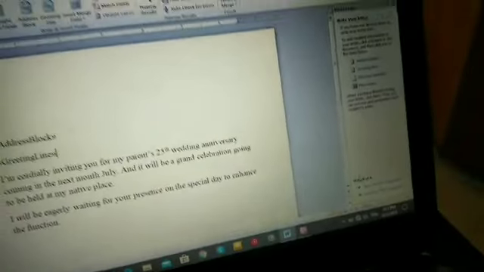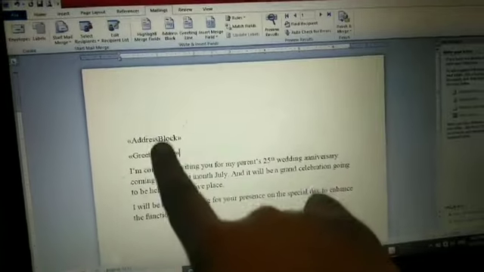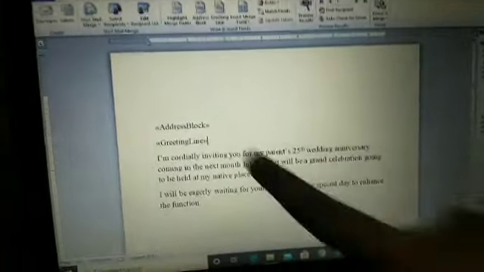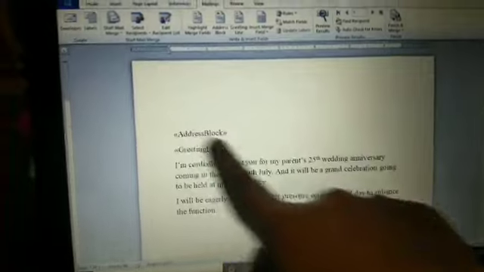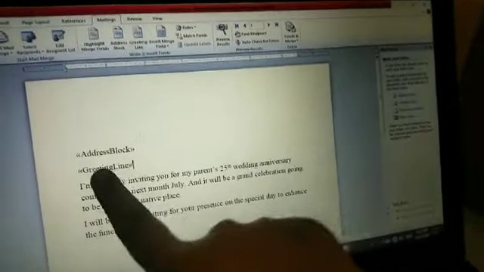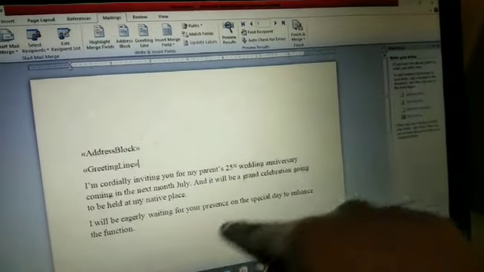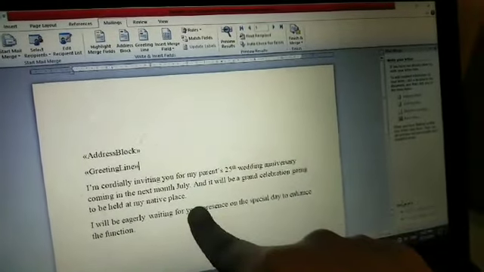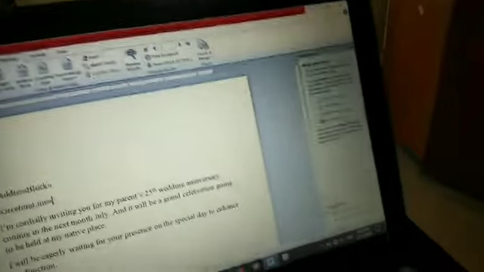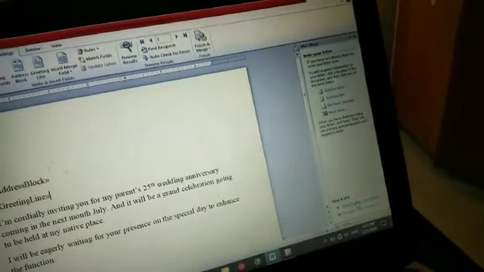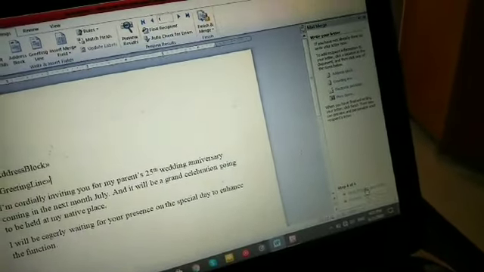So now shall we see how the address is added here and all? I want you to see here very clearly. Address block I added from here, greeting line I added from here, and then whatever letter I typed already, that is presented in the main document part. So here I am going to give the next step, preview your letter.